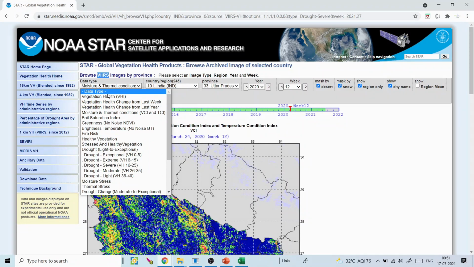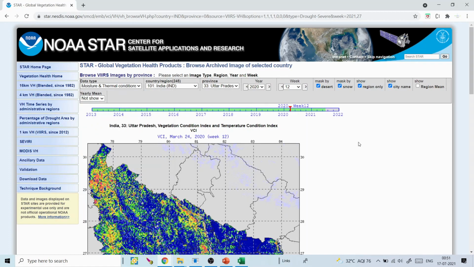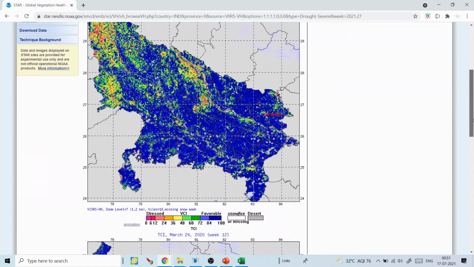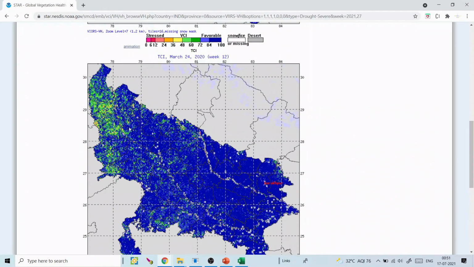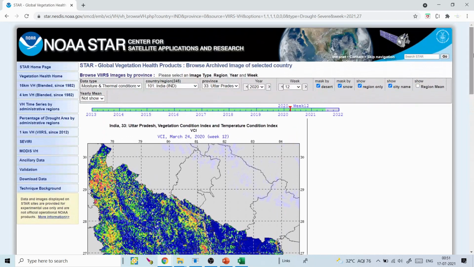Because for these data sets, if you want to generate these kind of data set, you need to have at least 10 or 12 years of data sets. You have to download that data set, then you have to pre-process it, then calculate the NDVI, and basically then you have to compute this. You have to create a model, so it takes a whole lot of time to do that, but it is quite readily available on this portal, so you can download these data sets. Or very quickly, if you want to just have a feel of the data, okay, what is the condition of my region of interest, so you can pretty quickly visualize this data set here.